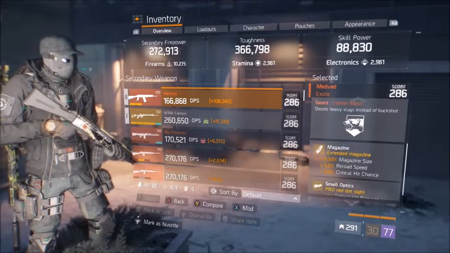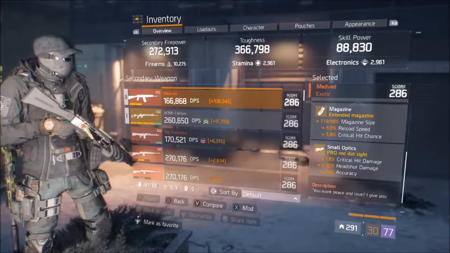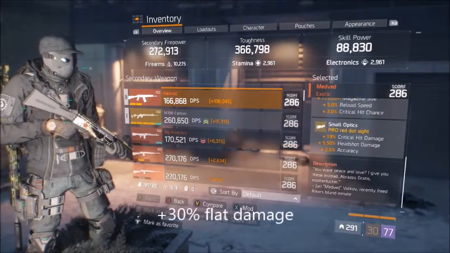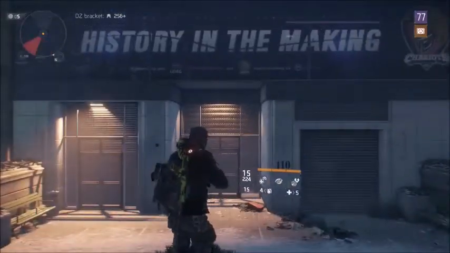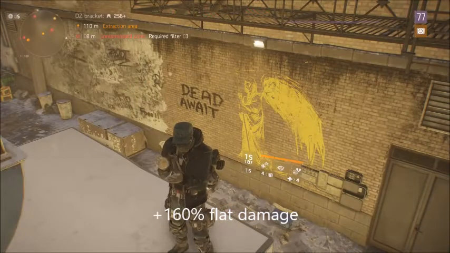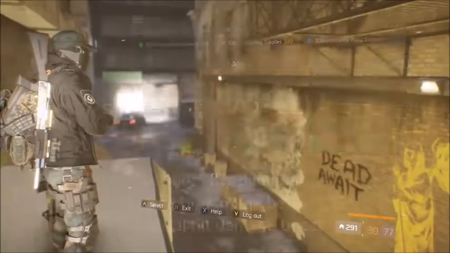The reason this build makes one-shots a possibility is the synergy of using damage-based talents and skills all together. Simultaneously, you can receive a 30% increased flat damage from Tac Advance, a 30% damage buff from Tac Link, a 100% increased flat damage buff for consecutive Hunter's Faith shots, a minimal damage increase from Booster Shot, a large critical